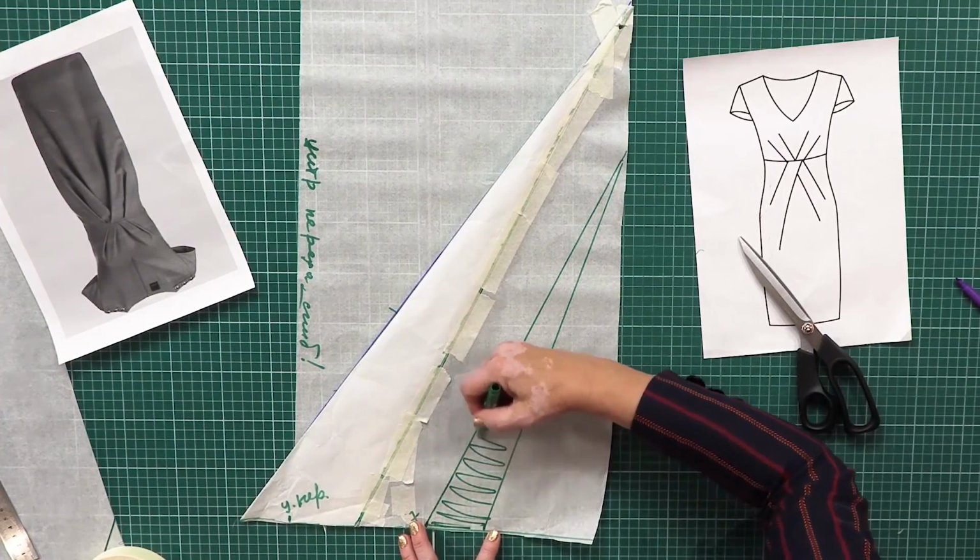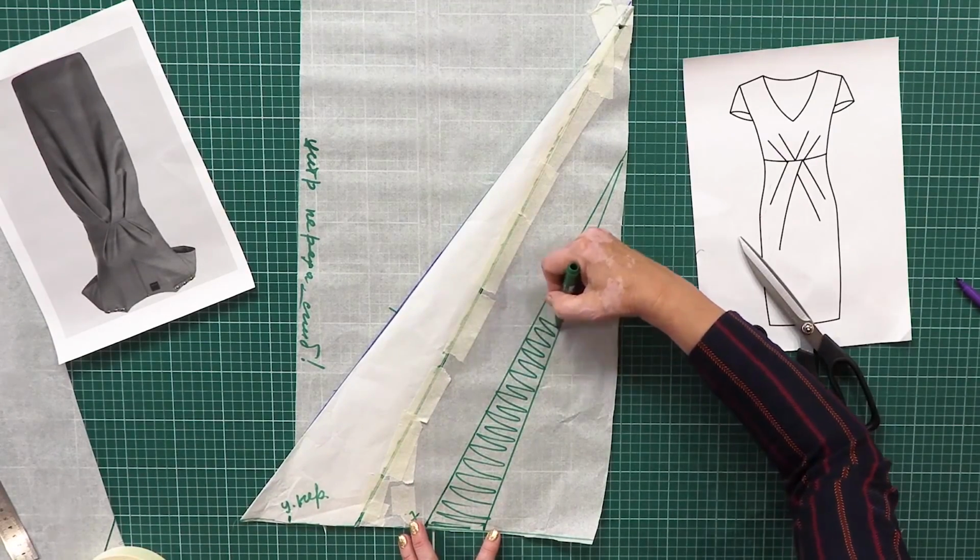Вот, вот, вот, вот, вот, вот, вот, вот, вот, вот, вот, вот, вот, вот, вот, вот, вот, вот, вот, вот, вот, вот, вот, вот, вот, вот, вот, вот, вот, вот, вот, вот, вот, вот, вот, вот, вот, вот, вот, вот, вот, вот, вот, вот, вот, вот, вот, вот, вот, вот, вот, вот, вот, вот, вот, вот, вот, вот, вот, вот, вот, вот, вот, вот, вот, вот, вот, вот, вот, вот, вот, вот, вот, вот, вот, вот, вот, вот, вот, вот, вот, вот, вот, вот, вот, вот, вот, вот, вот, вот, вот, вот, вот, вот, вот, вот, вот, вот, вот, вот, вот, вот, вот, вот, вот, вот, вот, вот, вот, вот,